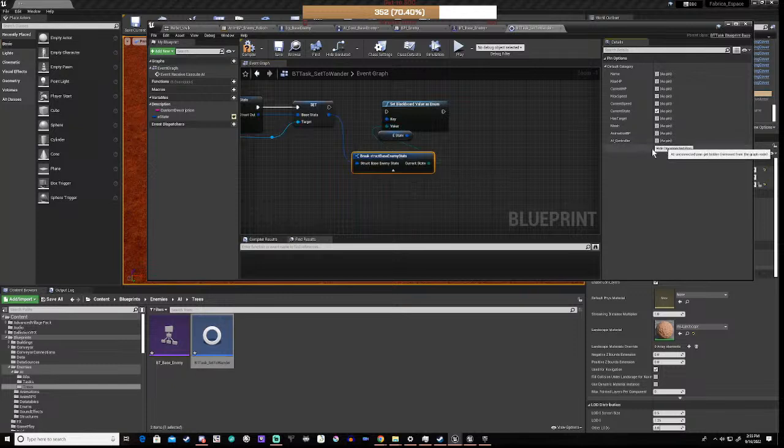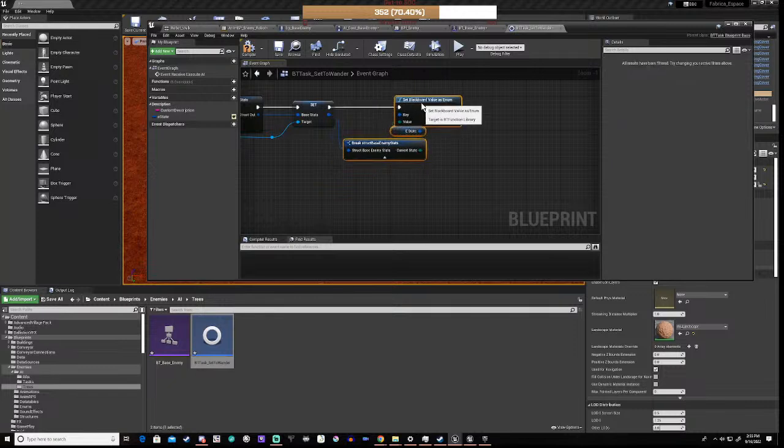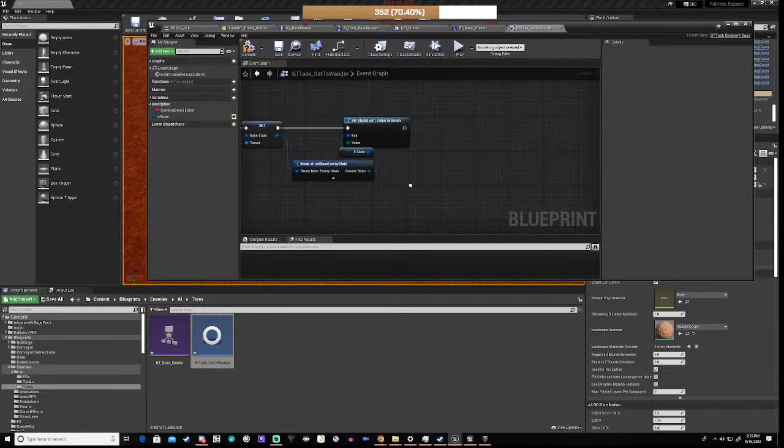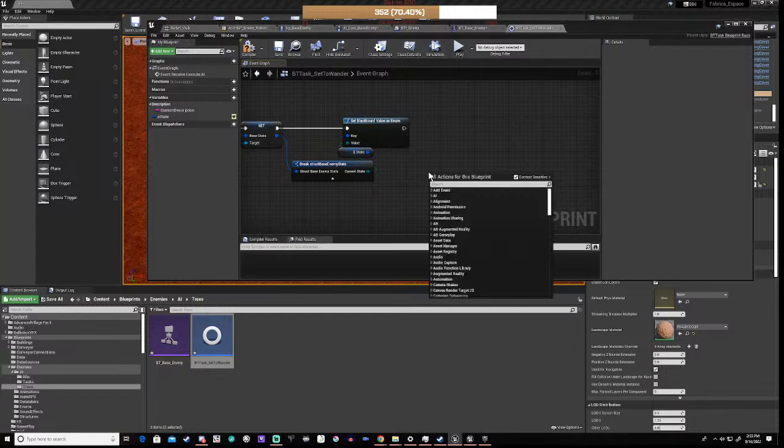Then we can hide unconnected and plug this in here. Then we can move that to there. And